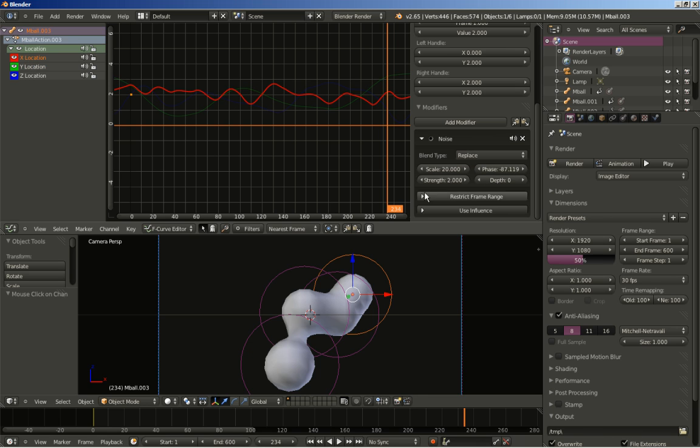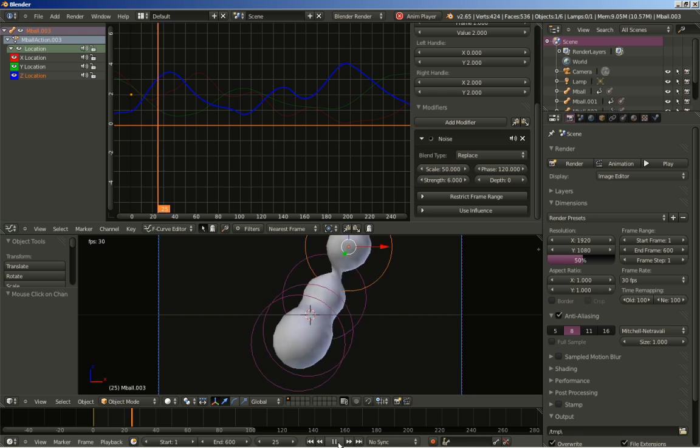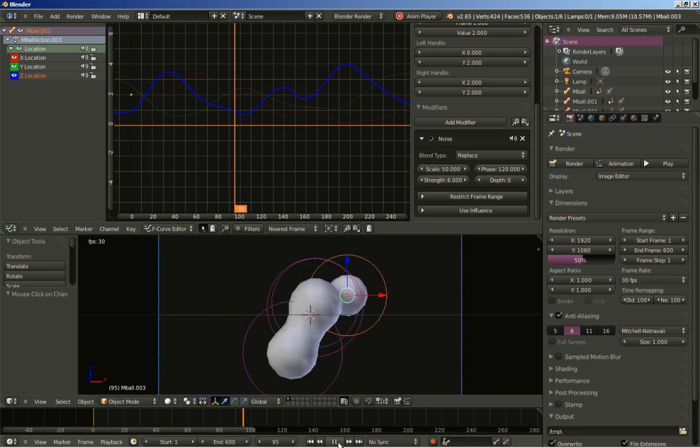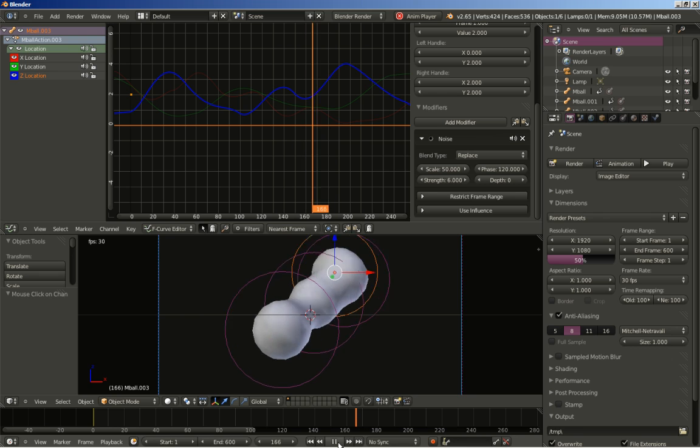And the X location now. Change the scale. Let's set it up to 40. Change the strength to 5. And let's change the phase to -20. Okay. And for the Z location, let's change the scale to 50, phase to 120, and let's set the strength to 6. Okay. Moving back to frame 1, and let's see, we're now having 4 metaballs here moving and dancing